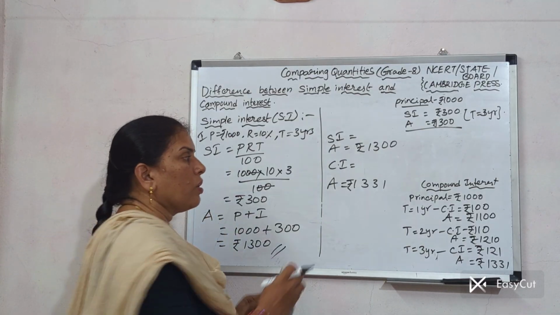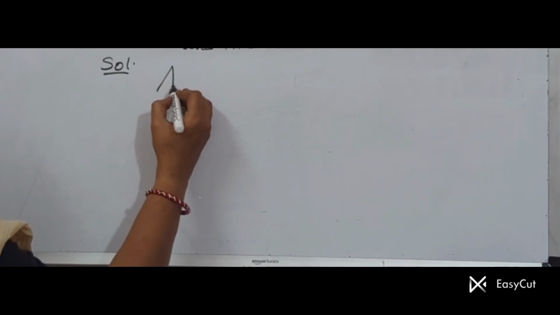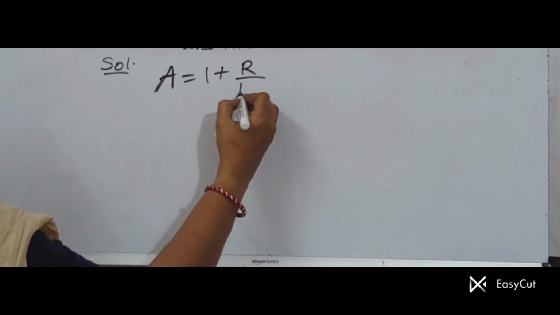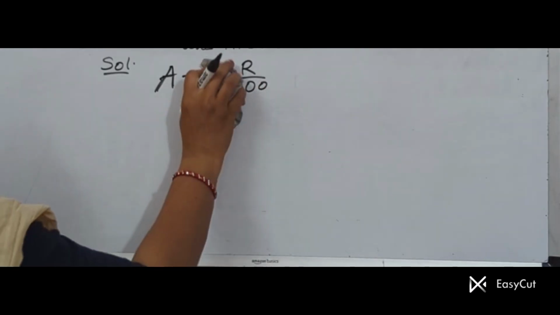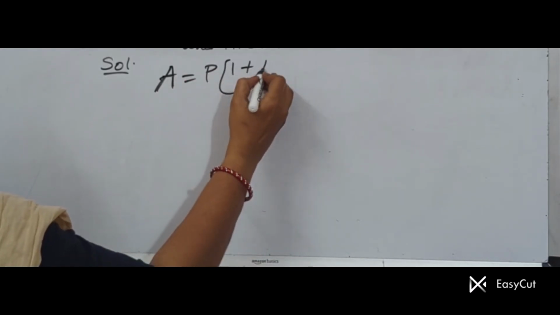All of you understood? You are having one formula for finding the compound interest amount. Related to compound interest and amount, what is the formula? Amount is equal to P into 1 plus R by 100, sorry, P into 1 plus R by